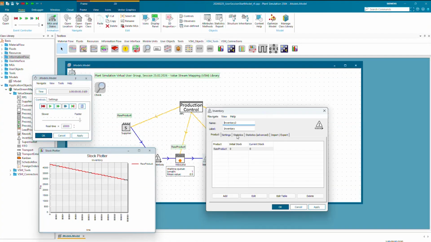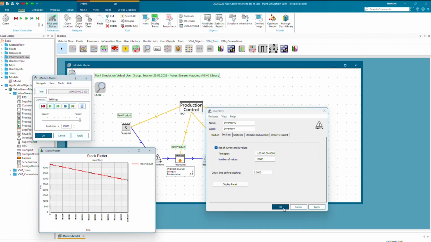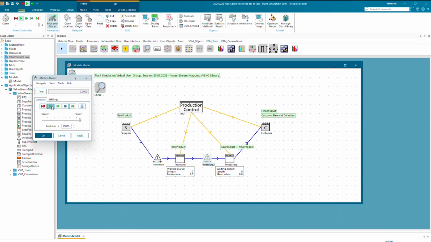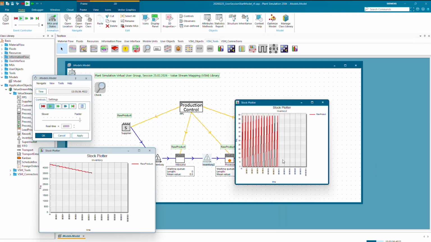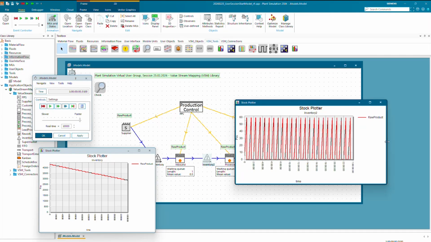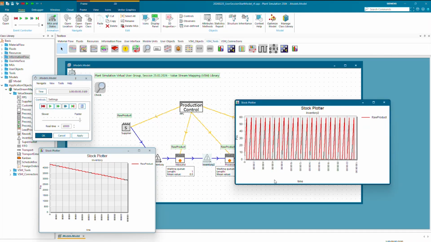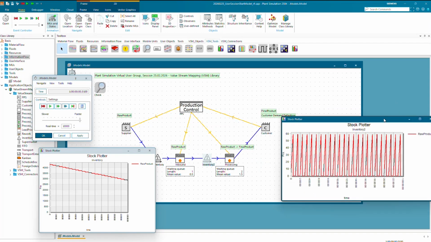You have here also the same setting to plot the current stock values, and this would behave such that you fill this inventory up till 60 because that's the number the order is coming in from the customer, and then it's withdrawn. So basically, you replenish a certain inventory, you withdraw it, replenish it, withdraw it, and this goes up to 60 because once 60 are available, it's taking out parts from here.